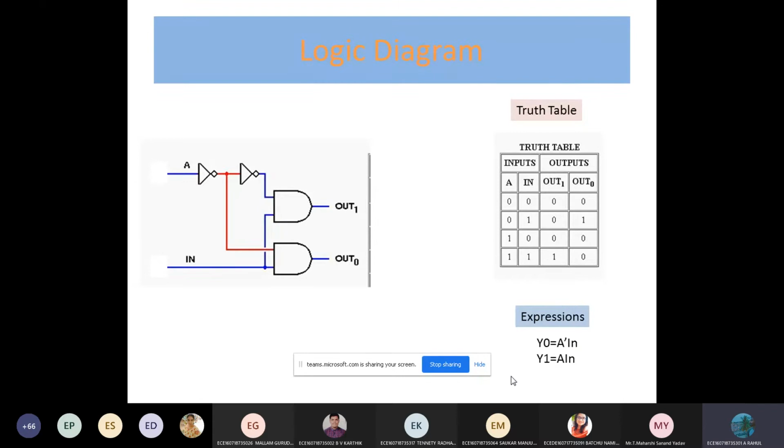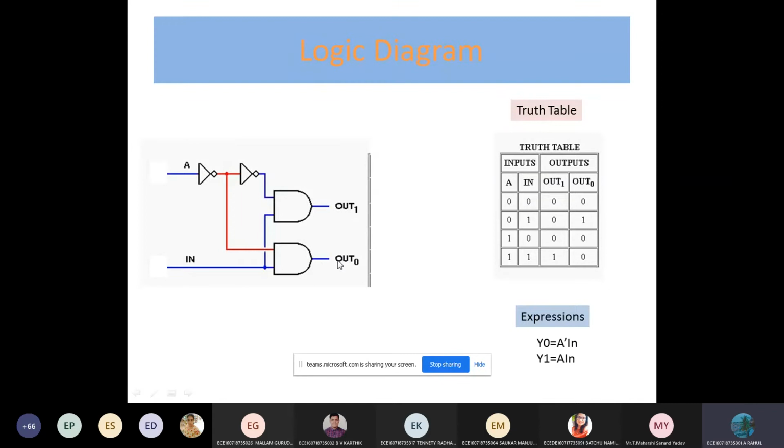Looking at the truth table, if enable is 0, there is no output. If enable is 1, the output is selected based on the input. If A is 0 and enable is 1, the output of the NOT gate will be A bar, meaning 1. Then 1 and 1 is 1.